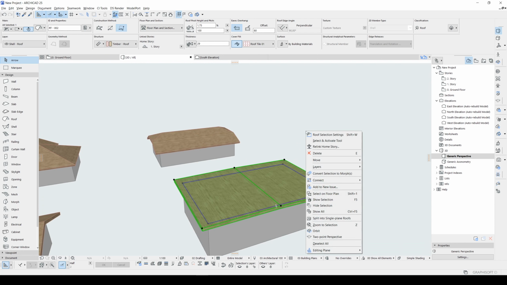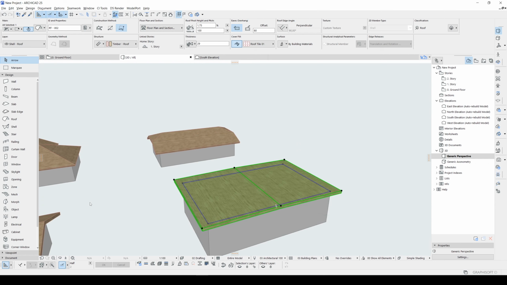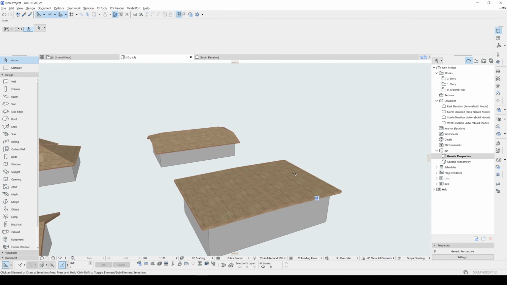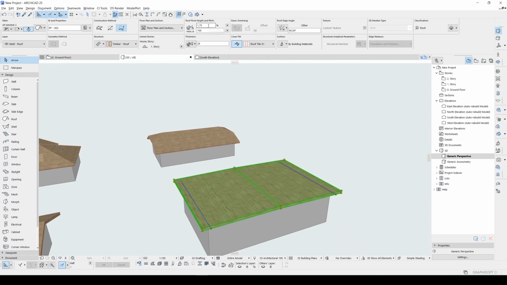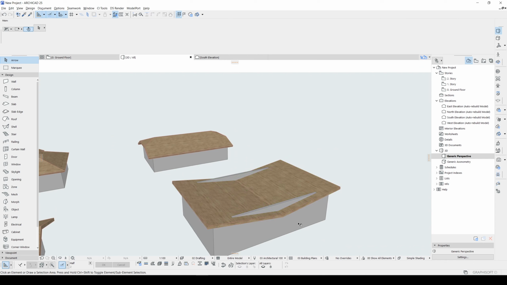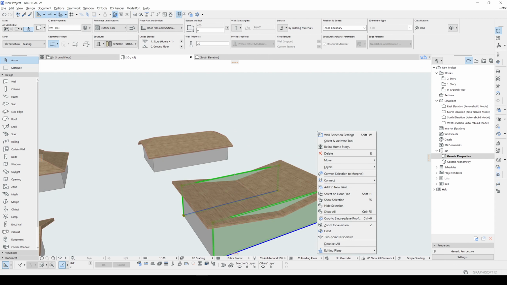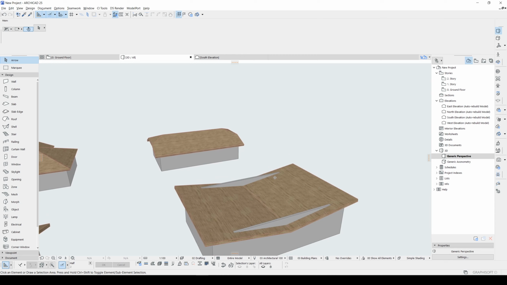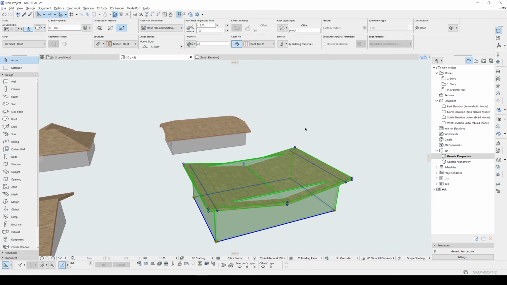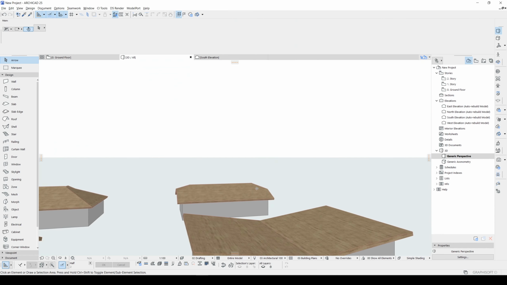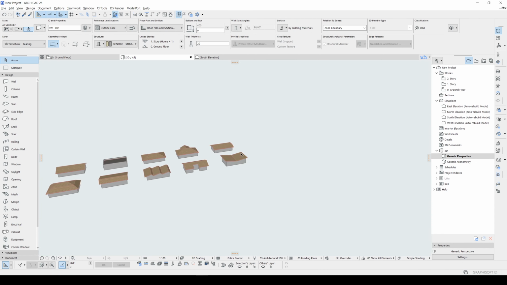To achieve this, we will split this whole roof into additional parts. Let's right click it and click this split into single plane roofs. Click split anyway. Now we can determine our minus slope values. Let's hit the minus 50, for instance 15. After that, we will click our side walls, then connect trim elements roof shell. Yeah, that's all. This was butterfly roof.